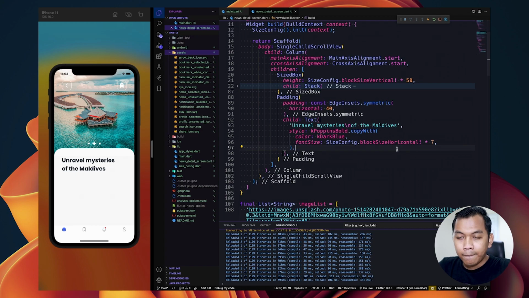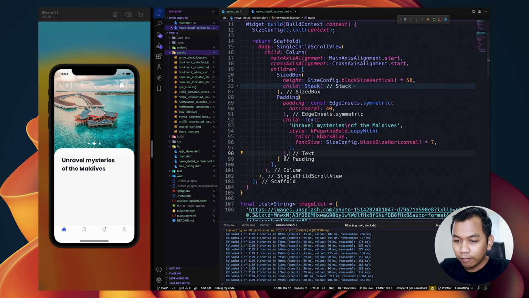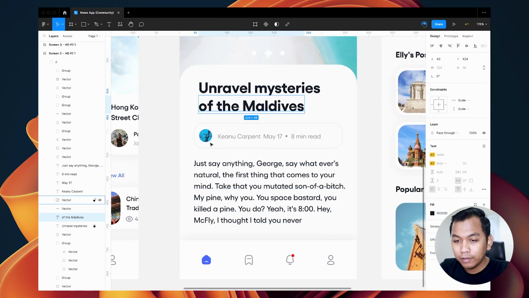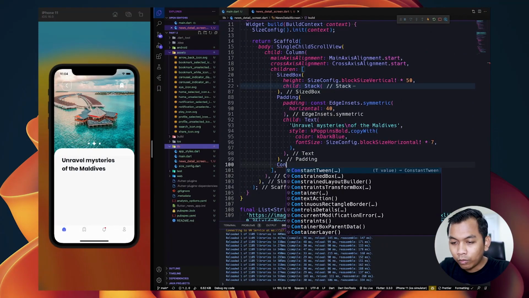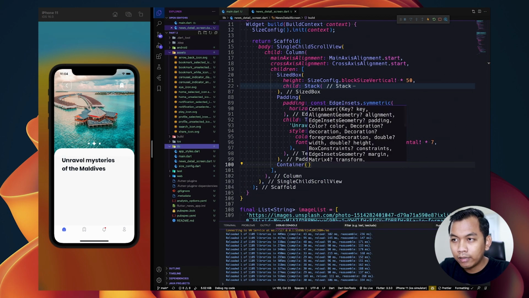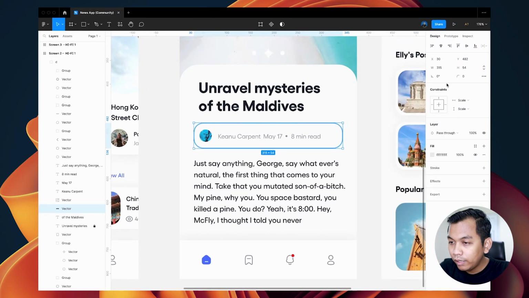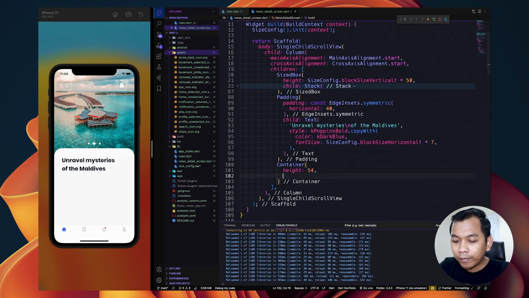Alright, and below that we will have, what we say, it's a row widget, but we will have something like container. So we say here container, and for the height, set it to be 54, and for the width, set it to double.infinity.